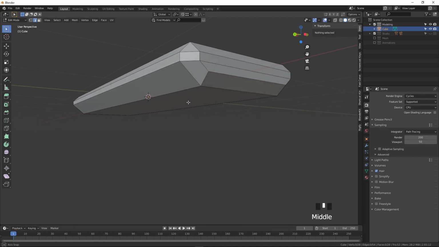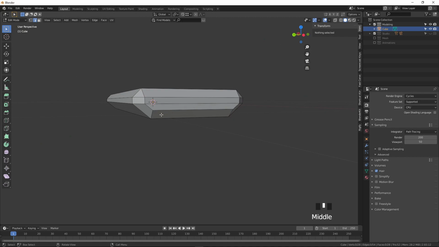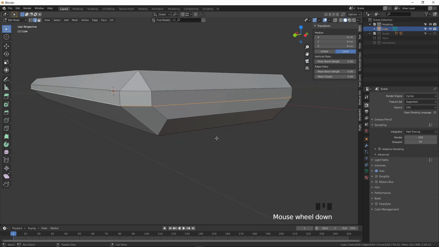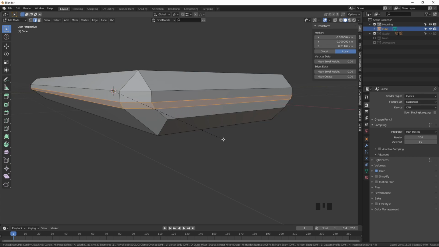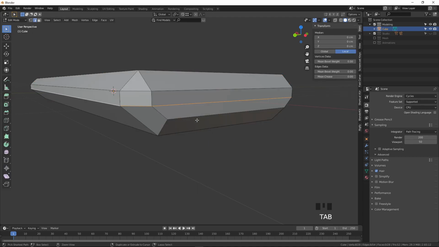Now I have given one design for the remote, and these edges I'm going to make divided, that one as a different design. I press Ctrl B to bevel. Using the shift key I'm going to move slowly. Okay, before that apply the scale. Press Ctrl A and apply the scale. Ctrl B to bevel. Using the shift key move and leave it.